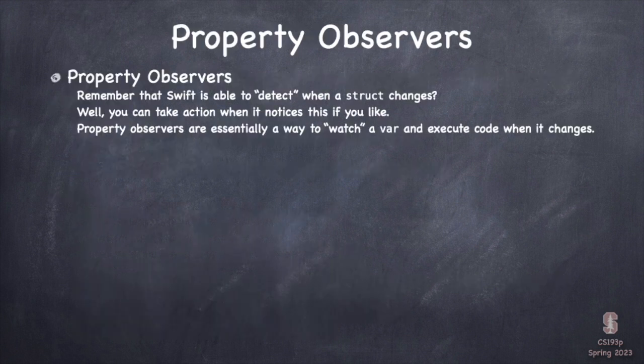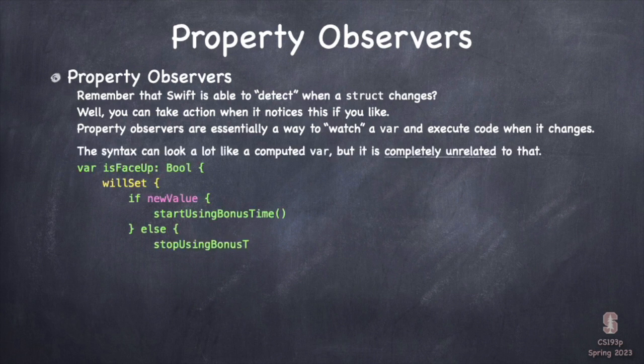So what is this that I'm talking about? Well, it's property observers and a similar related thing called onChangeOf, which we use in Vue. We know that Swift, all these value types, it can detect when things are changing. Functions are marked mutating, so we know which ones are going to modify things. And vars, it knows which vars are gettable and settable, etc. So you can kind of stick your nose in there, and when a var's value gets set, you can observe it. That's what property observing is, basically observing the changing of a var.